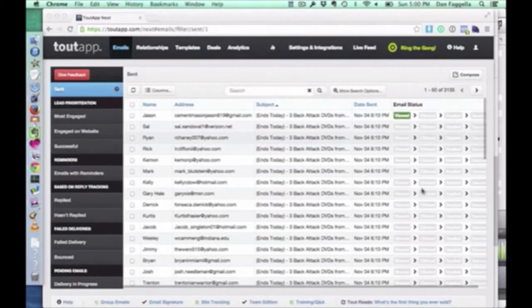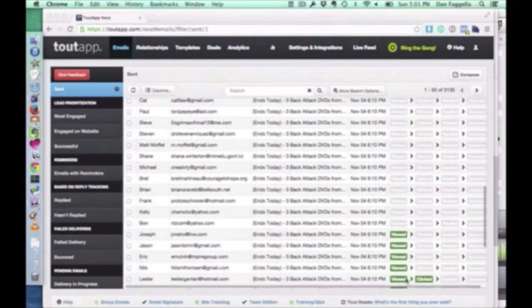Be wary that your stats the next day are not 100% accurate. Even 7 days later are not 100% accurate, but you can count on 98% of the people that are ever going to see that email, maybe 99, having viewed it within 7 days. So I generally say 7 days before we go back and check the stats. So for this example, we have